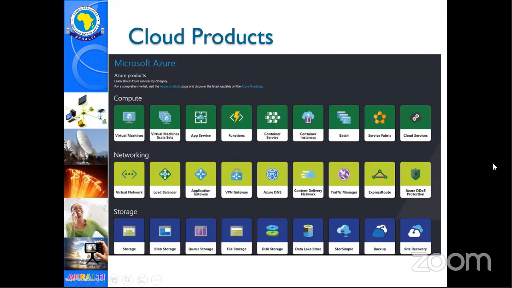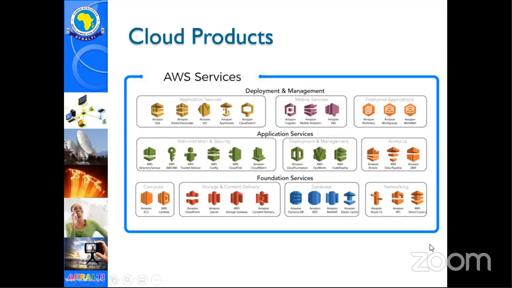And many other things. And if you look at these products offered by Microsoft and by Amazon, they are very similar. On the Amazon side, for example, if you look at networking, what Microsoft calls Azure DNS, here they call it Amazon Route 53. Why Route 53? 53 is the port that is used by DNS, so it's just a fancy name. If you Google Route 66, you'll know what drove them to use that name.